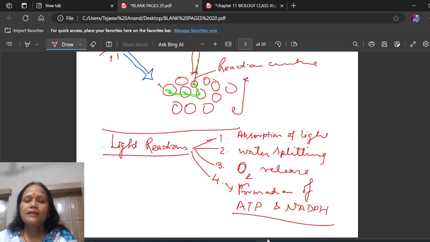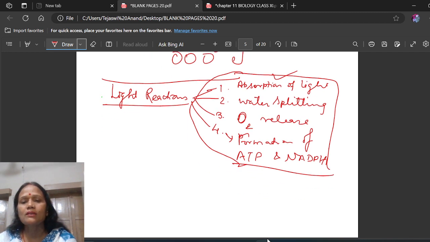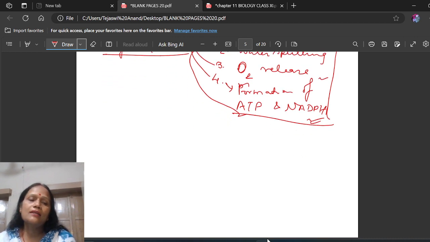So light reaction की summary यही है, आप बच्चे लोग इसको याद रखिए। Light reaction की summary जो है बस 4 पॉइंट में complete हो जाती है। तो सबसे first step होता है absorption of light, दूसरा water splitting, तीसरा oxygen release, चौथा होता है formation of ATP and NADPH।